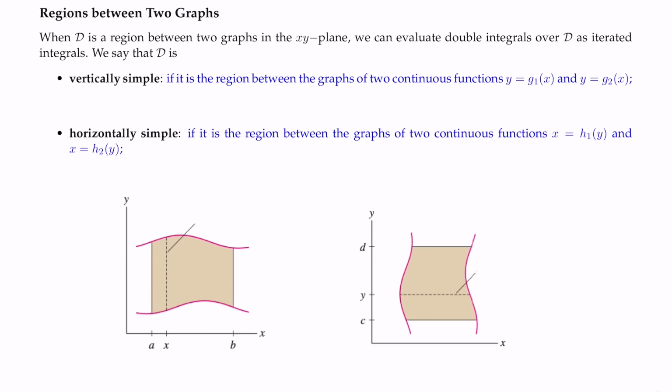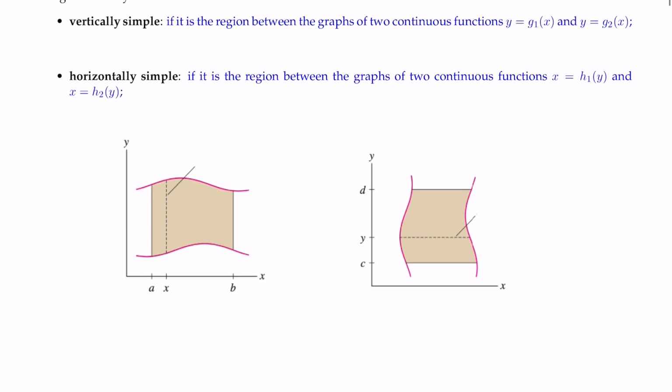Instead of rectangular regions, now we want to look into regions between two graphs. When the domain D is a region between two graphs in the xy plane, we can calculate the integral over D as iterated integrals. We say that D is vertically simple if it is the region between the graphs of two continuous functions, y equals g1 of x and y equals g2 of x, as shown in this figure. So this is the case where you have a vertically simple